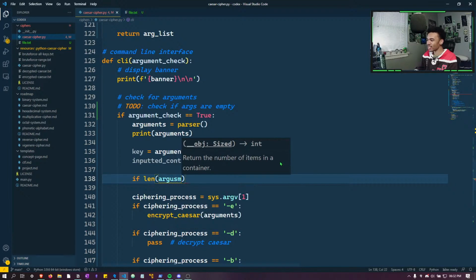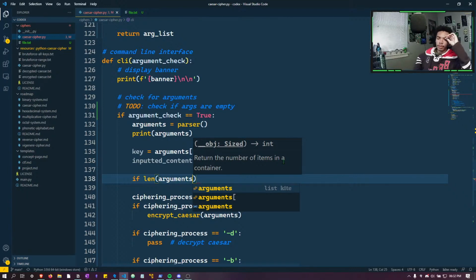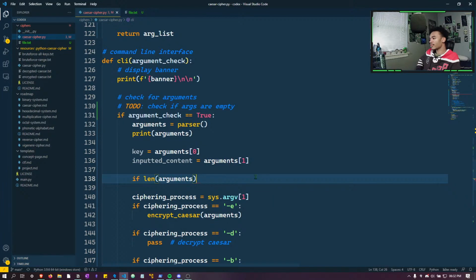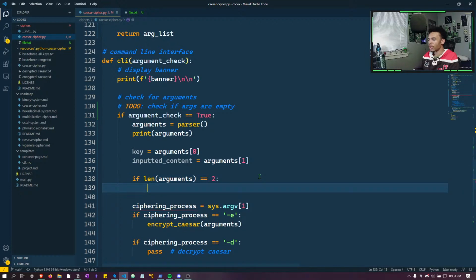So arguments, so the length of arguments, are you on the Discord server, by the way, Ozzy? So if the length of arguments is equal to 2, that means we are going to have our, then we're going to have